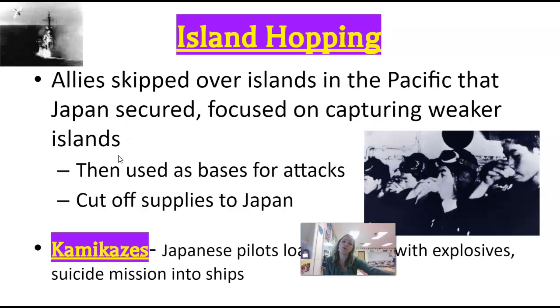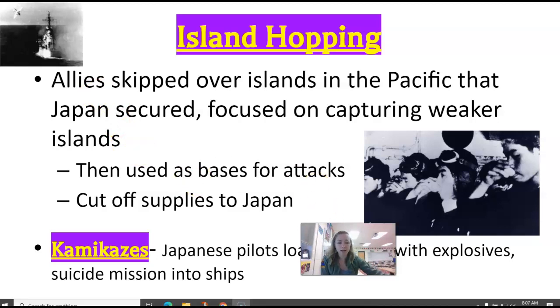We are going to start to use a new strategy called island hopping, where we will actually skip over islands in the Pacific that the Japanese already had secured, and we're going to go for the weaker islands instead. Once we capture those weaker islands, though, we will set up blockades, cutting off supplies to Japan. And we are also going to use them as bases to launch air attacks. Again, the Japanese are going to be heavily damaged by this strategy, and they start using kamikaze pilots